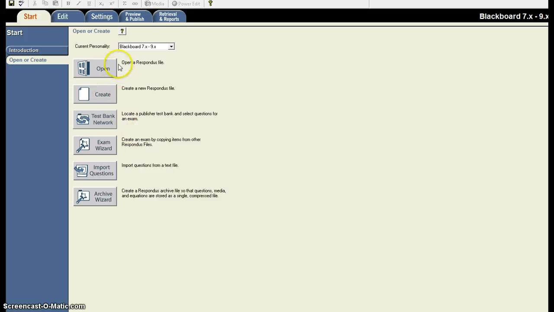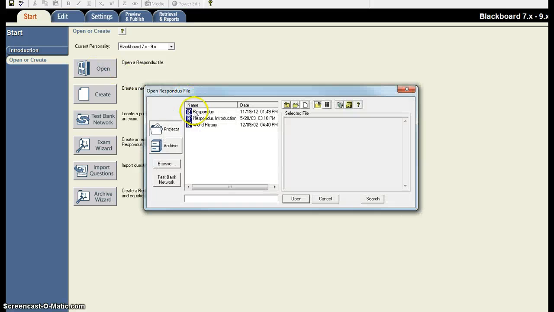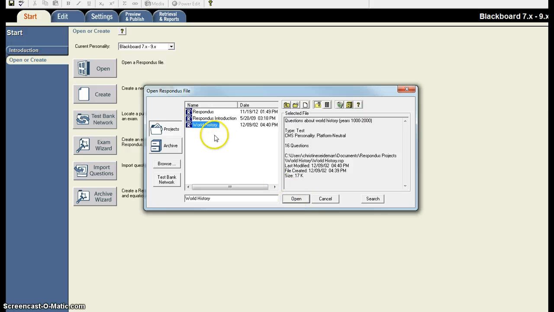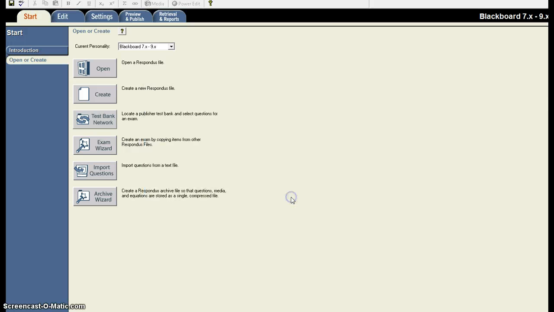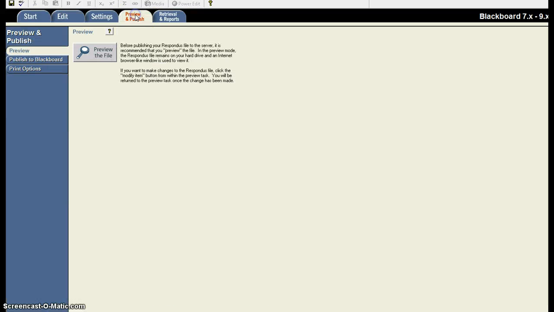Alright, so this is where you create your tests, but really what I need to show you is how to sync it to our Blackboard. So I'm just going to open a sample quiz that I have in here. Here's my quiz, and I'm going to come into Preview and Publish, and then I'm going to come down to Publish to Blackboard